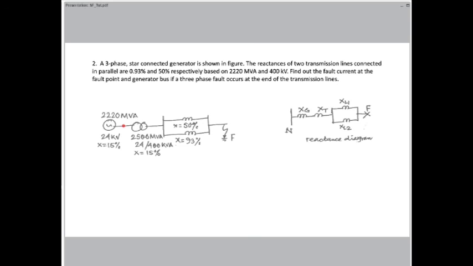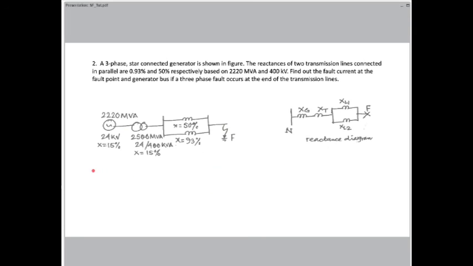Because if you remember, that is what I was telling you, that we have to know the fault currents everywhere, in each and every part of the power system. So you cannot just say that we calculate the fault current at the fault point and don't need to worry about the fault current at the generator bus or the transformer bus, before the transformer, after the transformer. We have to know all of them. So we're practicing the fault current at the fault point and at some other locations. In this case, I'm taking the generator bus. So that is what we have to calculate, the fault current at the fault point and at the generator bus.